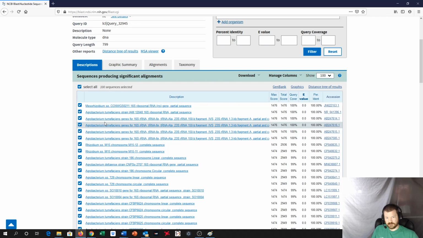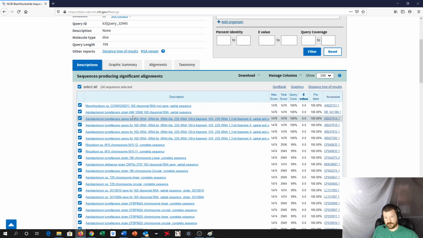And what I typically do is I look for the thing that repeats most, right? So if you notice up here at the top, we got this rhizobium, right? And that's listed as the top one. But then you see all these agrobacterium sequences, right? And you notice that all the agrobacteriums have 100% too. And so for me, I would say that the sequence that I gave you here was an Agrobacterium tumefaciens sequence